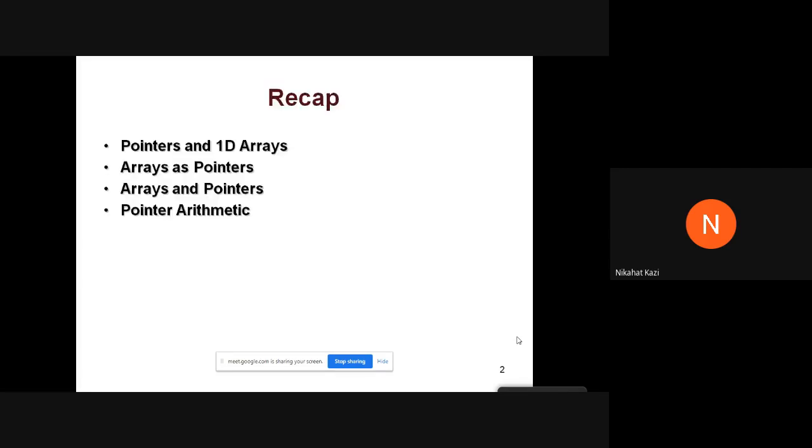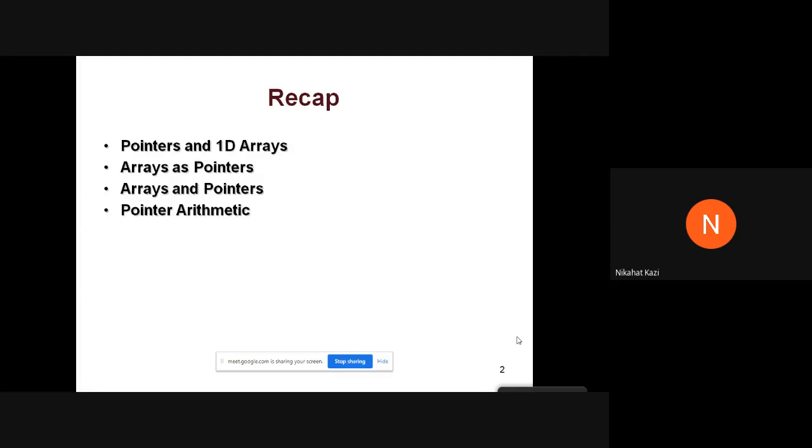We will see what we have done so far in pointers and 1D arrays. We have seen pointers and 1D arrays and how arrays can act as pointers. We also saw the relationship between arrays and pointers, as well as pointer arithmetic, that is pointer plus plus or pointer plus 2, plus minus 2, something like that.